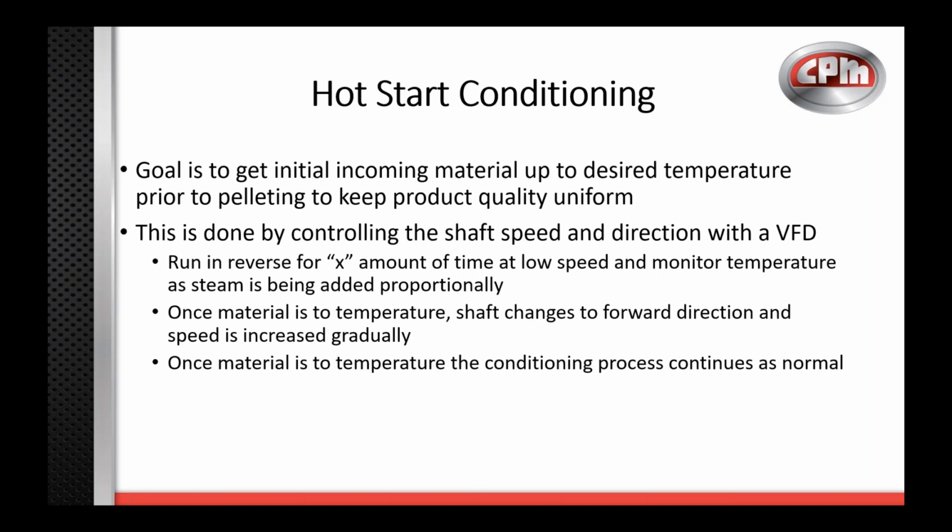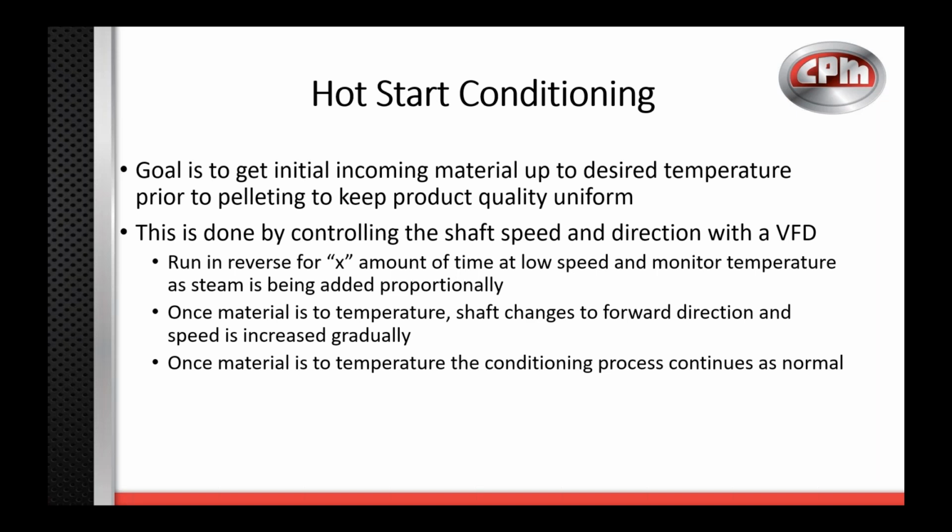So how is this done? Well, you'll need a VFD and some set of automation programming controls to be able to run this, because that VFD is going to control the shaft direction and the speed. So kind of a simple step-by-step, basic explanation of this is, if you were to run it, you're going to run in reverse for X amount of time, but at a low speed. And the whole time we're going to be monitoring the temperature as the feed and the steam is proportionally being added. So you're keeping it kind of in the front or the beginning part of that conditioner